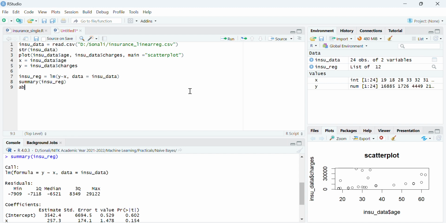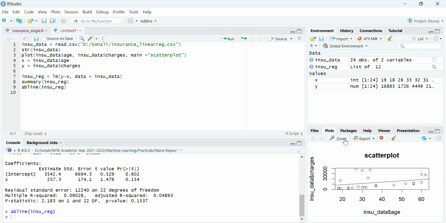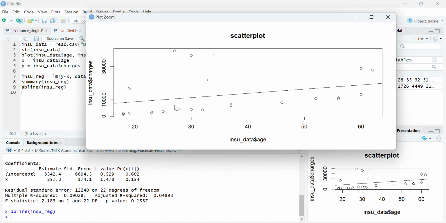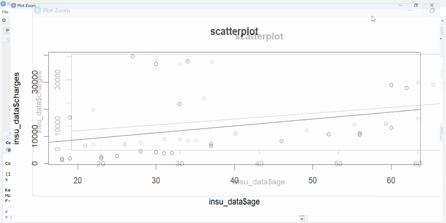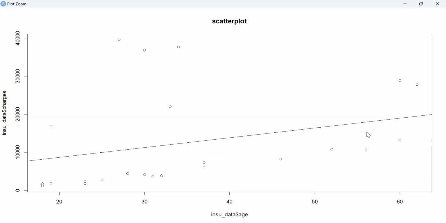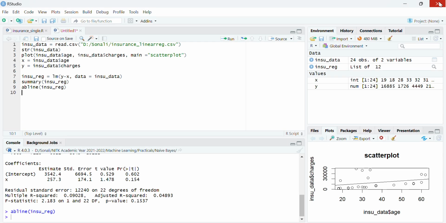So let's see the plot which has been created. We have seen the scatter plot of the data. Now let's see the regression plot. So this is your regression line which is being created, right? This is a line created so that the distance is minimum and the error is minimum.